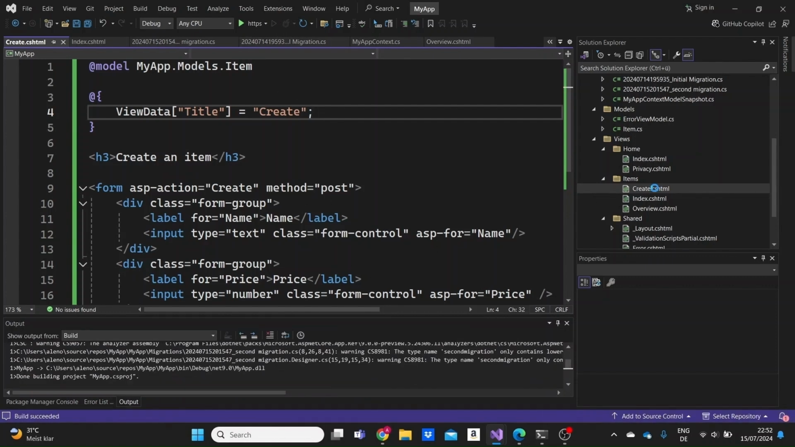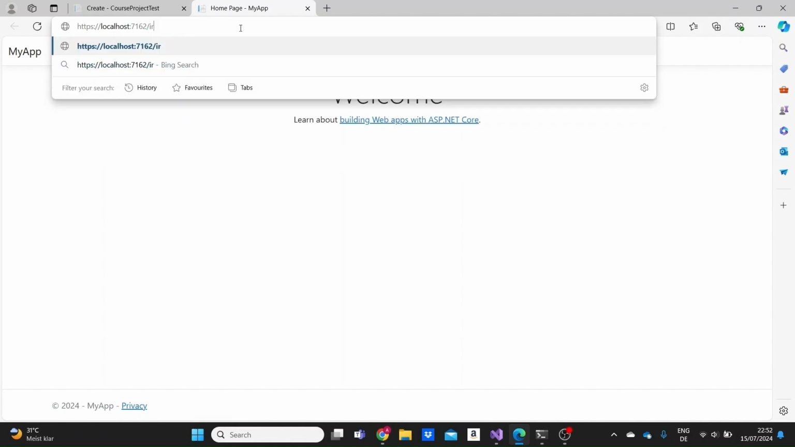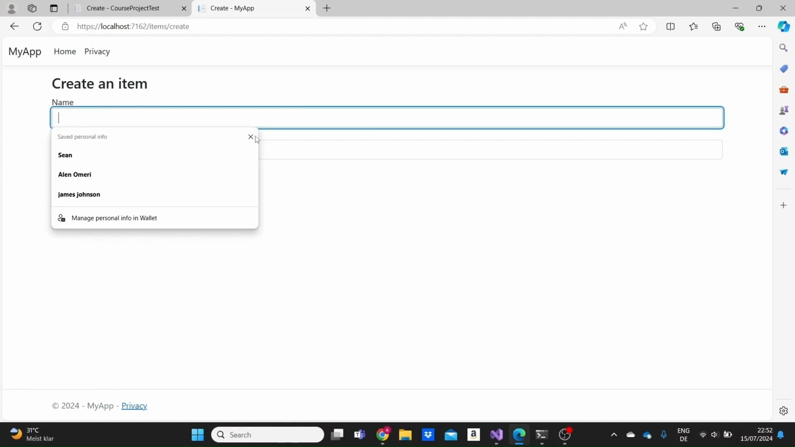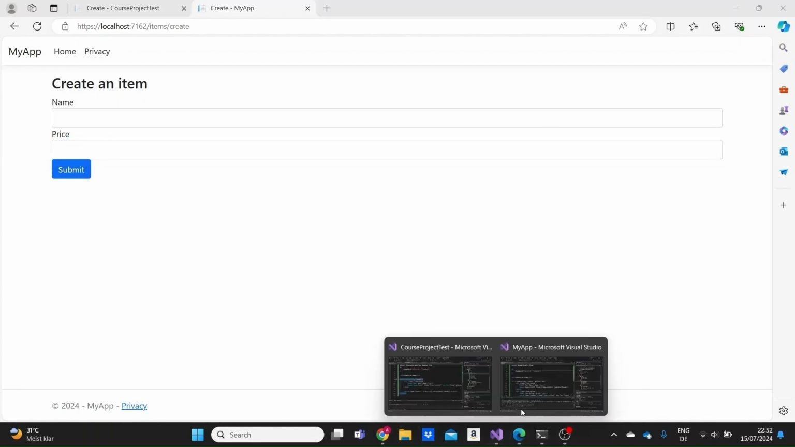Let me run the app again and go to the create page, /items/create. This is how our create page looks. We can input a name here and the price for our item, and if we hit submit, this data should be passed to our action method, where we will specify how we will store this data as an item in our database. So let's just get back to the code